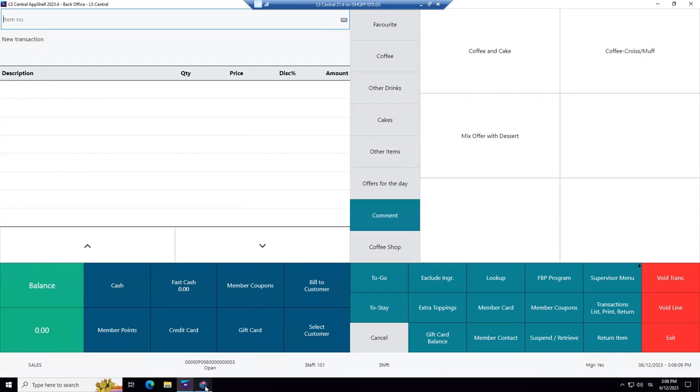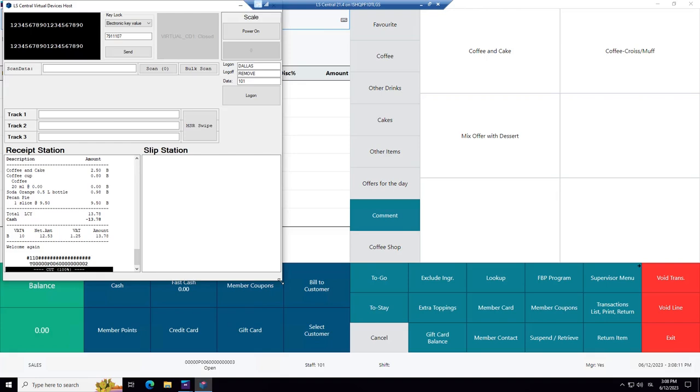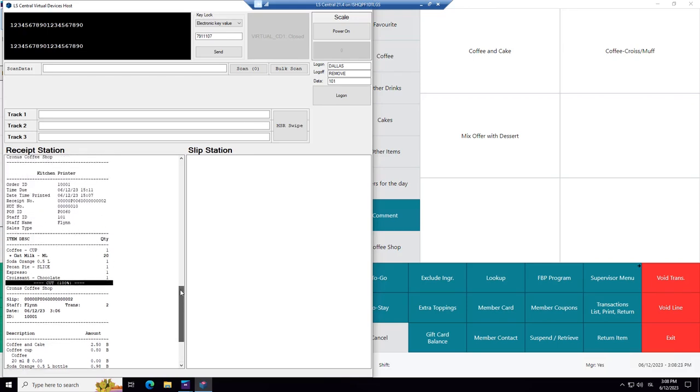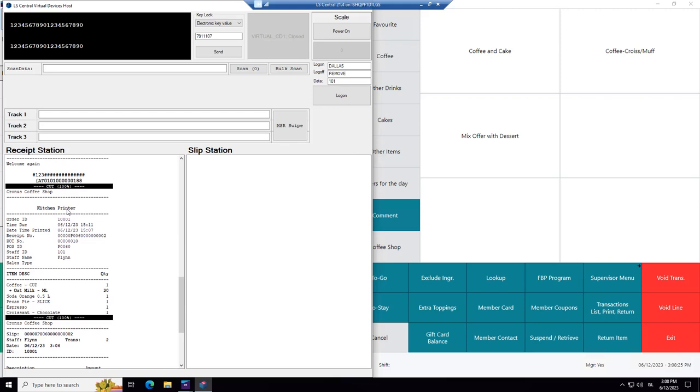Let's look at the virtual station. I'm going to make it bigger so we see it. The last printout we have printed is a typical receipt with the things we were buying. The printout before that was a kitchen printout. This could have happened on the same printer or perhaps on another production printer that is in the kitchen or where the coffee and sandwiches are made.